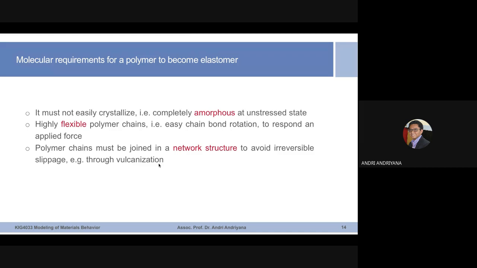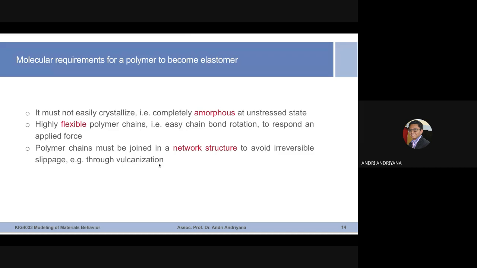First is that it must not easily crystallize, which means that it has to be completely amorphous. Because when you have a crystal, what happens is that you will end up with stiff materials. The more crystal you have, the stiffer the material. Okay. While we know that an elastomer is elastic, capable of being drawn to a large strain, and it is a relatively